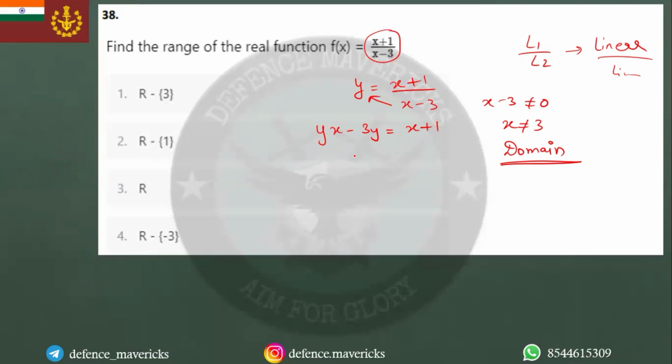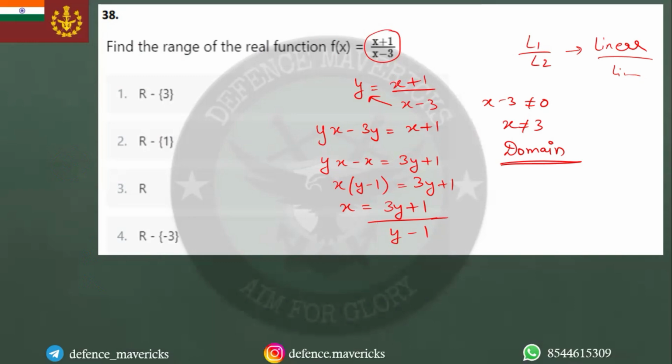So now because we need everything in terms of y, let's separate the variables, है ना, यहाँ पे सब कुछ x का लेके आते हैं। So yx minus x equals 3y plus 1। Now let's take x common and then we'll divide। x common लिया, यहाँ पे क्या बचेगा? x times y minus 1 equals 3y plus 1। That means x is equal to 3y plus 1 divided by y minus 1। So what we have done, we have written this entire function in terms of y now। मतलब basically we have written the f inverse of